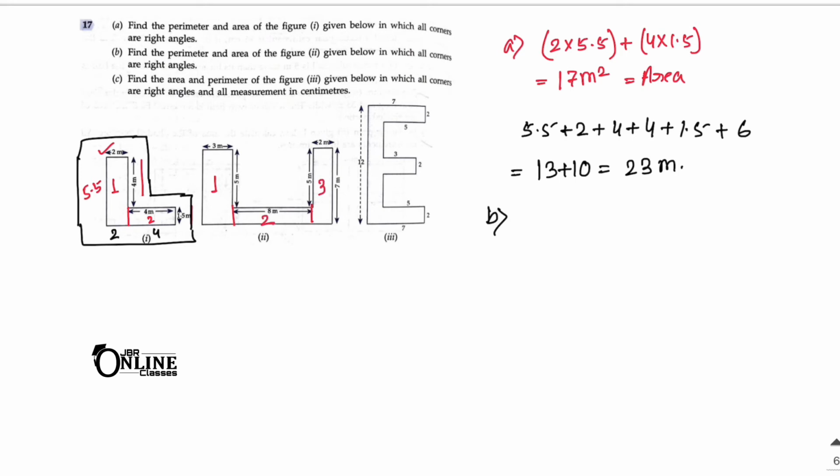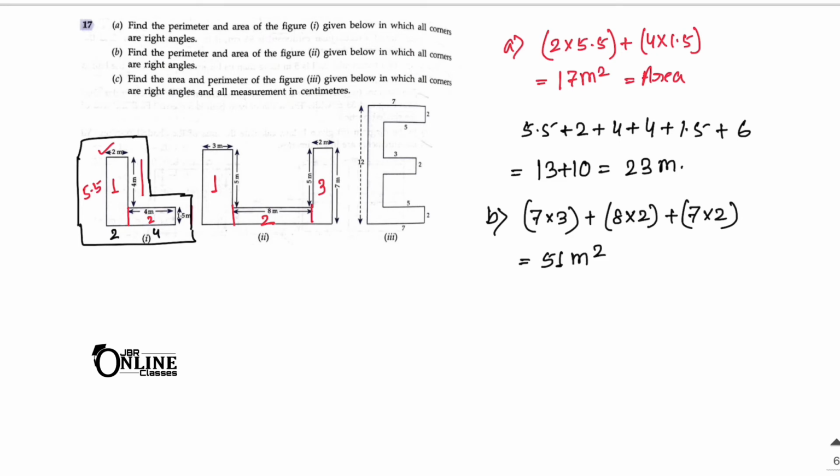So in the first one, whenever you want to find out the area, the area of the first rectangle equals 7 into 3. 7 into 3 is the area. Next one, here 8, and here the breadth equals 7 minus 5, so that equals 2. So 8 into 2. And for the last one, that means the third one, 7 into 2. So 7 into 3, then 8 into 2, and then 7 into 2. So that equals 51 meter square.